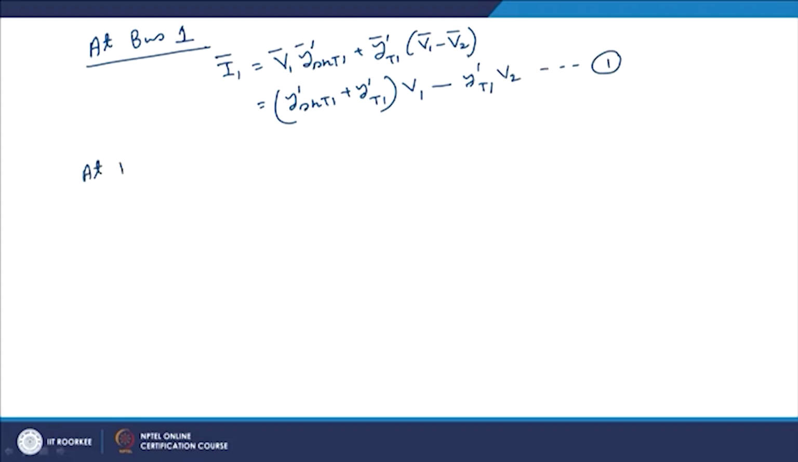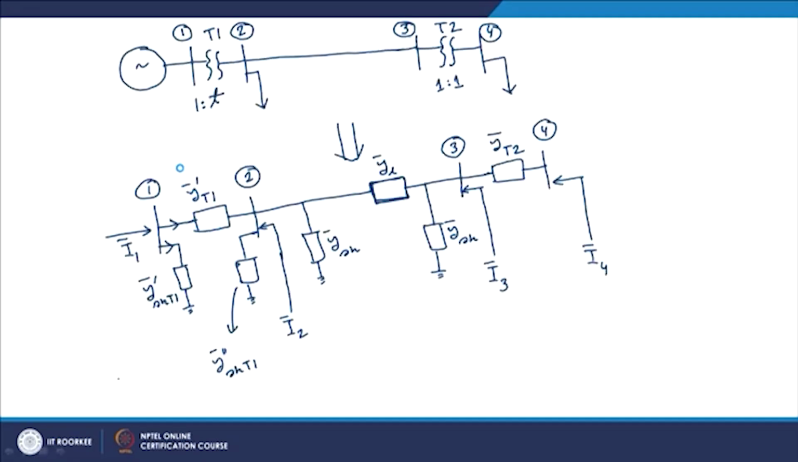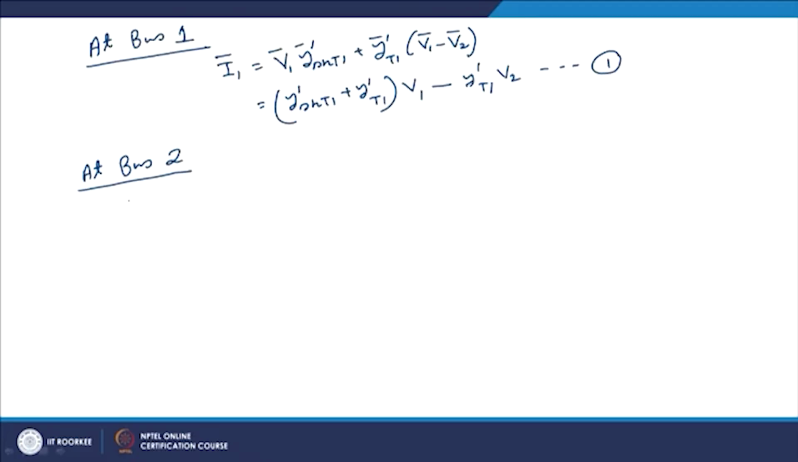At bus 2, the injected current at bus 2, that is this, would be equal to this current plus this current plus this current. Now, this current is again equal to this current plus this current. So, this injected current I2 would be equal to this current plus this current plus this current plus this current. So, let us write it down. So, it would be I2